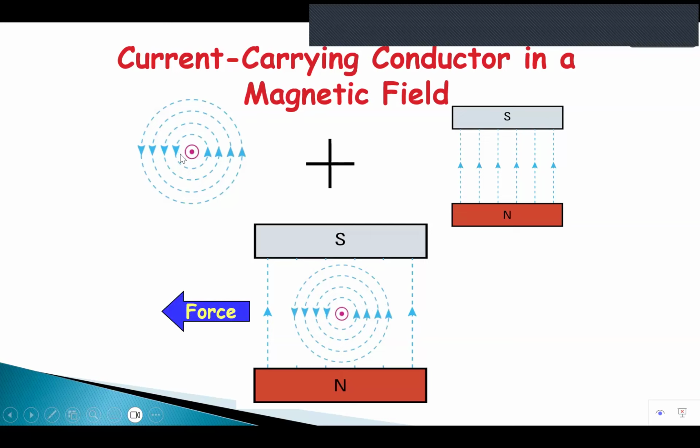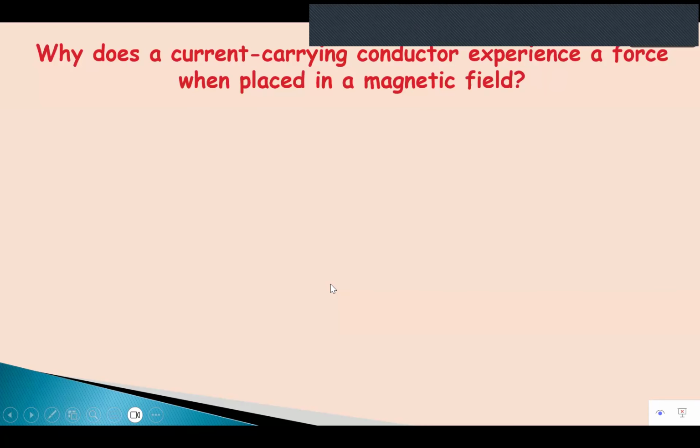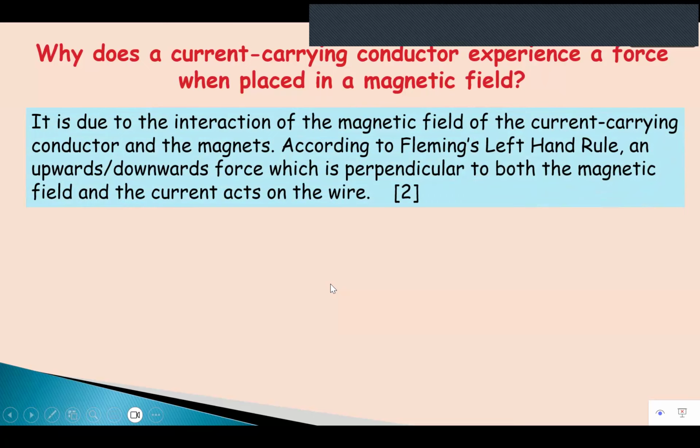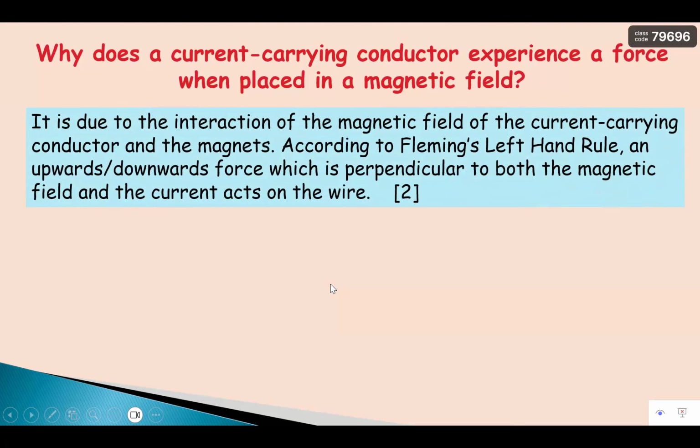So if I were to reverse the current, keeping the magnetic field the same, you will see that the force reverses as well. Just now it was going to the right, now the force is going to the left. Sometimes they will ask you to explain why there will be a force experienced by this current carrying conductor. Why will this